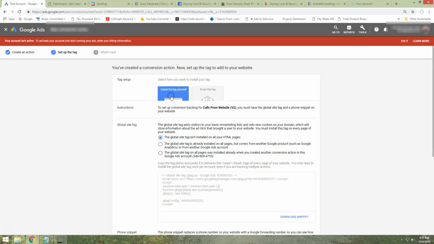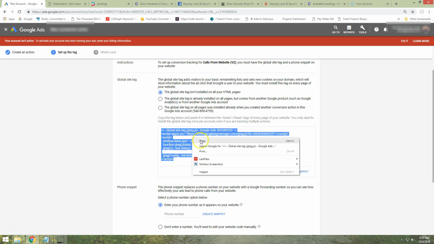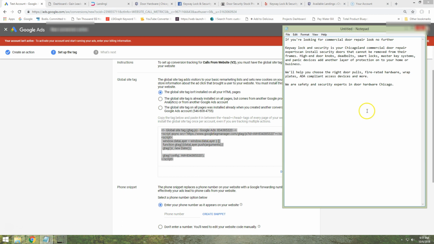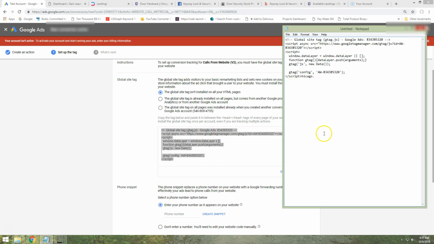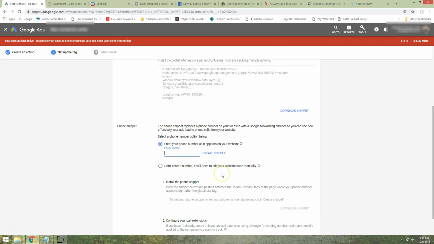So if you click install the tag yourself, they're going to give you the first part of this code. You can just leave this first one checked. You're probably not using the global site tag, but even if you are, this will be fine. So highlight this first part here, and I like to just copy it in a note in a text file. So just copy that for now, and then you're going to come down here and enter your phone number, and you're going to create a snippet,